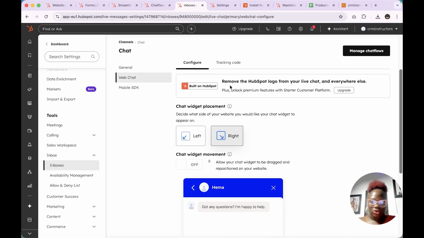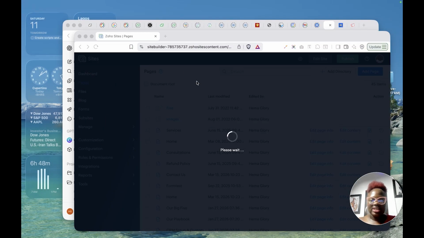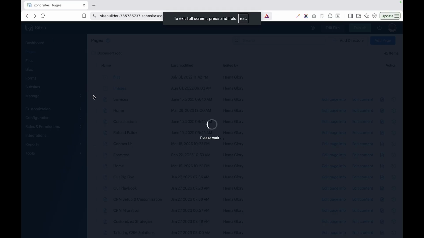So what you want to do now is set up the tracking code for this particular widget on our website. So what we need to do is copy this code here, and we need to add it to the head body of our website. I use Zoho Sites, so I'm going to come into Zoho Sites in here. This is my Zoho site. Okay, and I'm just going to try to put this code on my website. So let's refresh this,